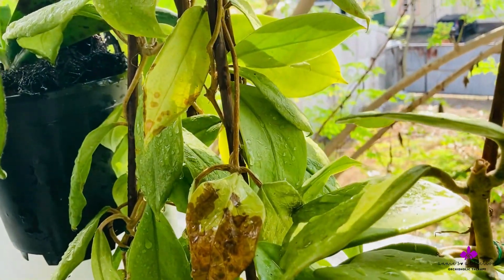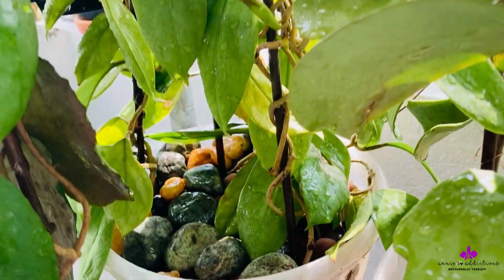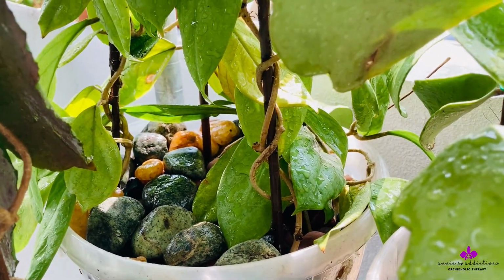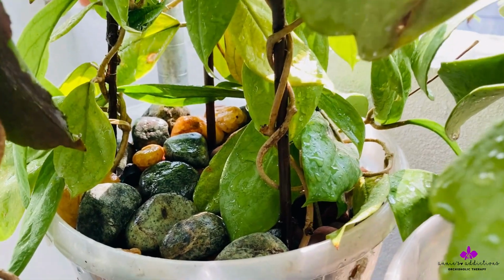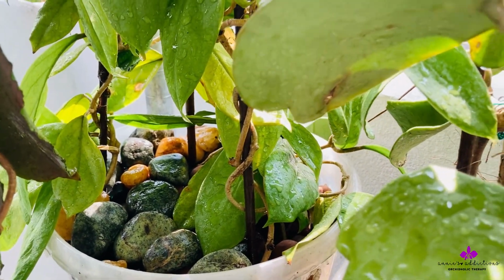This is how it was. There was a stem rot in some and there was a root rot in others. This one I tried so desperately to save and repotted. That's why it's looking so settled. But